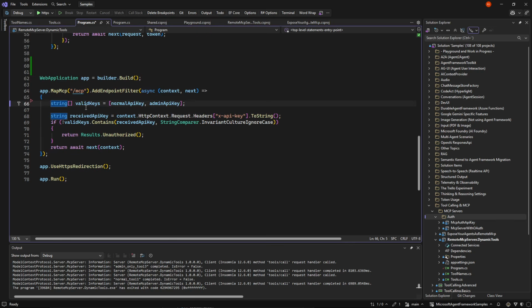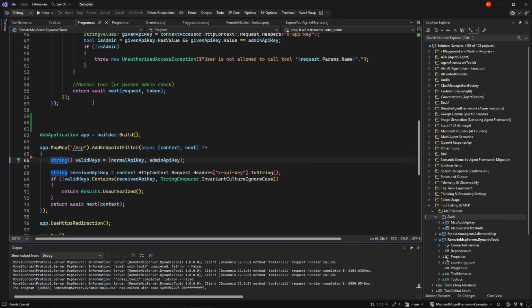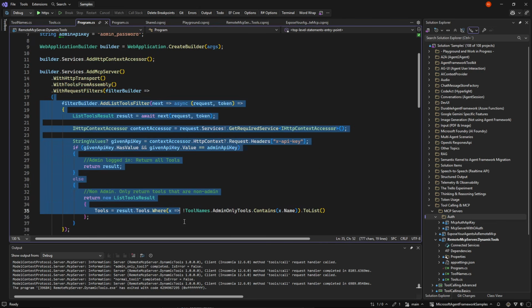So this is how you can make dynamic tool calls and on the fly say some users have these tools, some users have these tools, depending on what they want. Because now I'm doing it with a user that needs to have various credentials, but it could also be that you want to have an MCP server where the user in their configuration of the MCP server should be able to say, I want these tools, I don't want these tools, I'm this type of user, only give these tools back. So that's the reason why, when we have normal C# code here where we can do anything, we have full control over what tools to give.